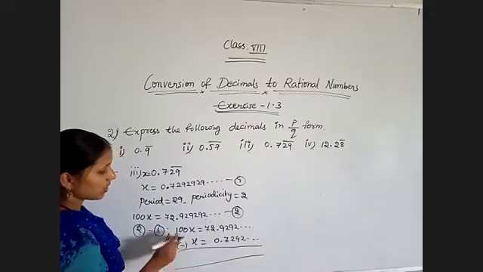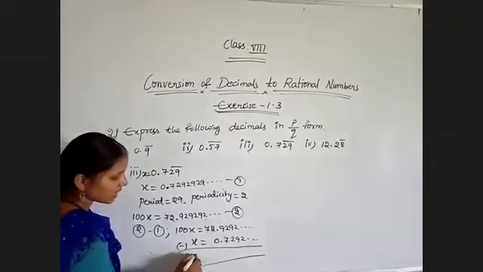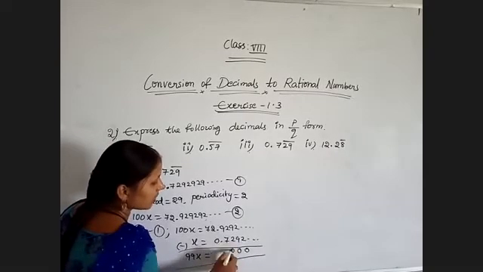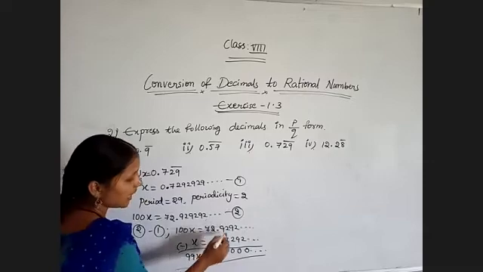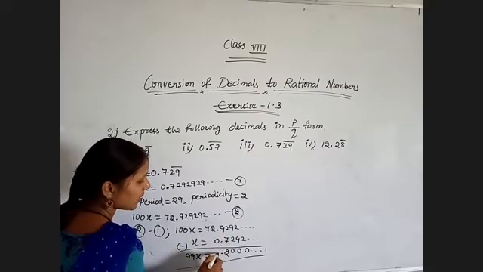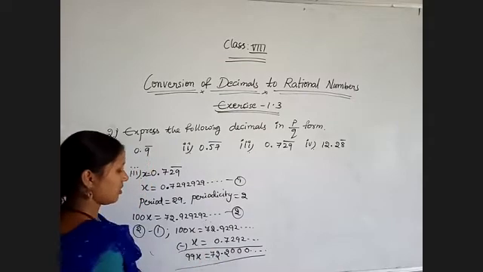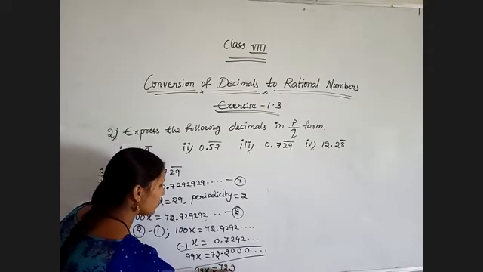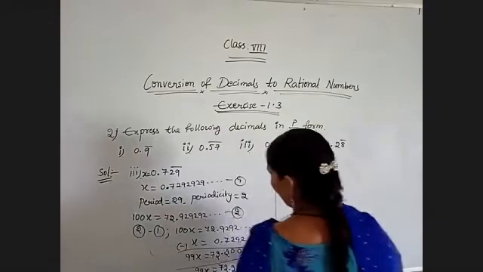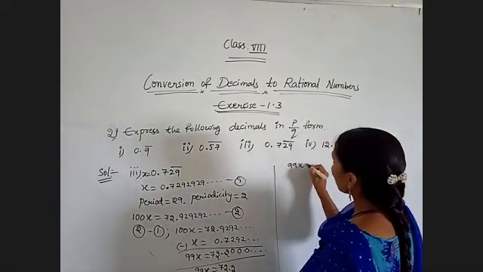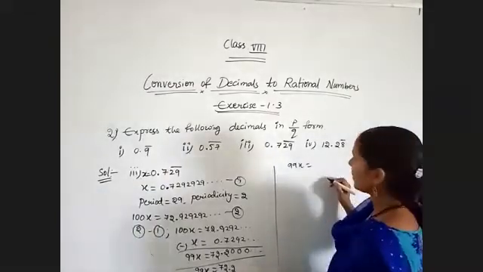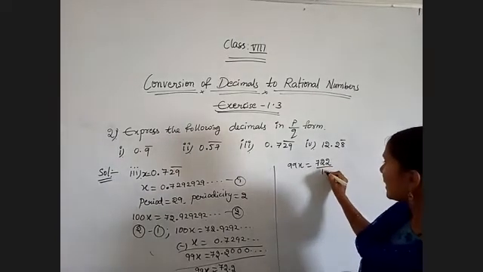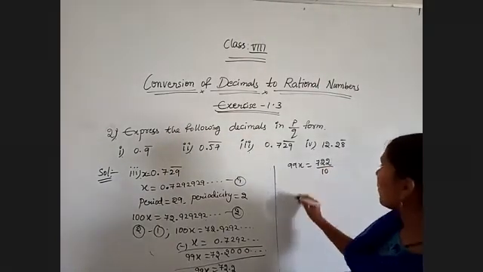Now do the subtraction. 100x minus x, 99x is equal to 0, 0, 0, and here all we will get 0 only. But 9 minus 7 is equal to 2. 2 minus 0 is 2, 7. Okay, that is 99x is equal to 72.2. Now 99x is equal to 72.2 is again a decimal number. So I am converting it because it is a terminating number. 722 by 10 I am writing. There is no problem.